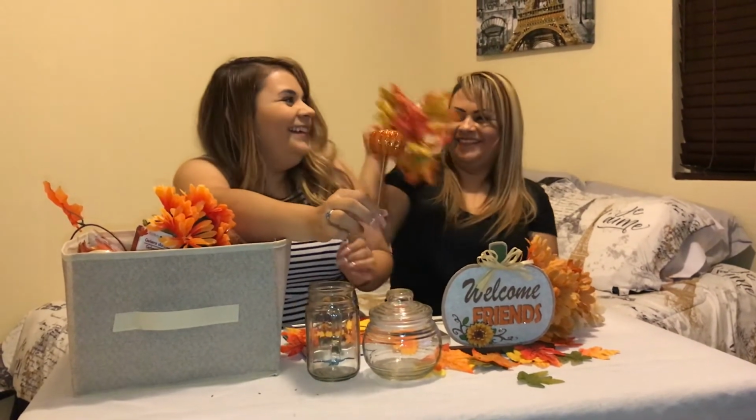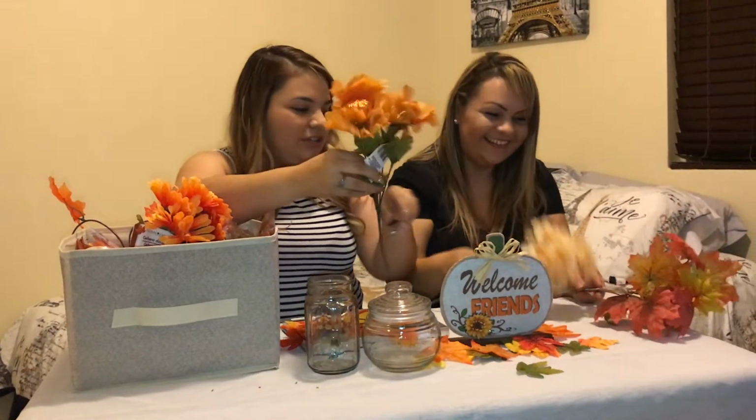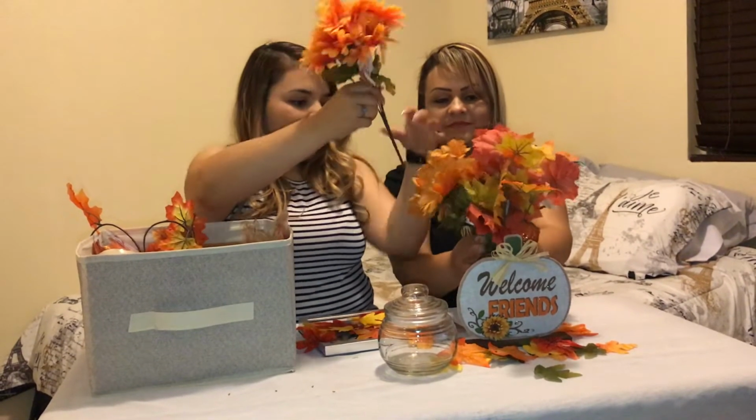These are little pumpkins, so you can use these as little stuffers. If you just want to do a bundle of flowers in one of these vases and then put these pumpkins in it, it will pop out. So it will be your fall little vase. That's just one of the ideas you can use. Oh, more flowers, we'll put it